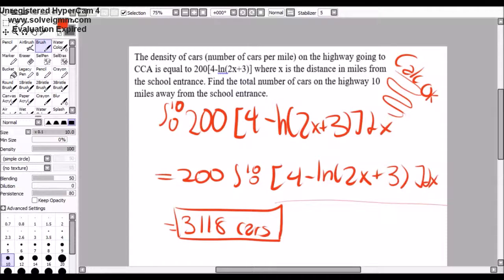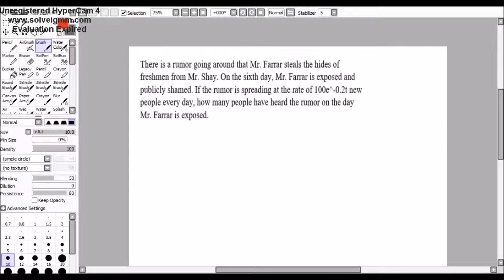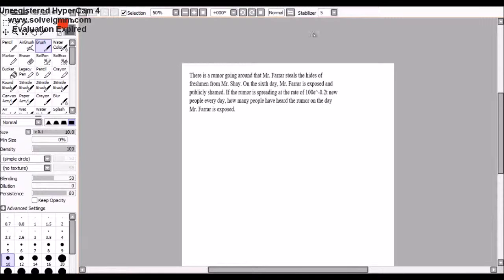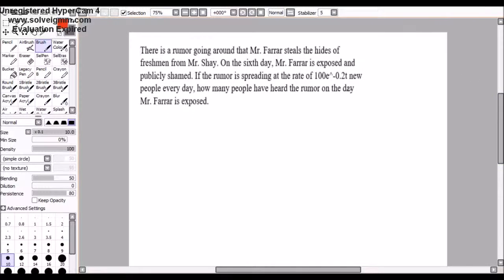Okay, let's move on to the next and final question I have for you. So, there's a rumor going around that Mr. Farrar steals the hides of freshmen from Mr. Shea. On the 6th day, Mr. Farrar is exposed and publicly shamed. If the rumor is spreading at the rate of 100e^(-0.2t) new people every day, how many people have heard the rumor on the day Mr. Farrar is exposed? Okay, so once again in this case, we can use the net change theorem,